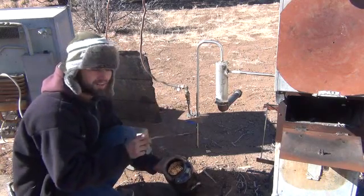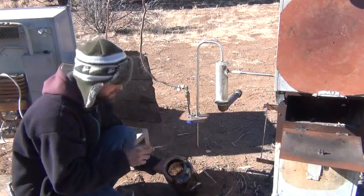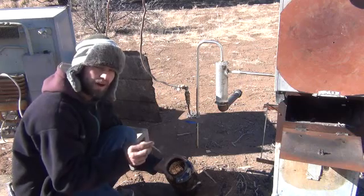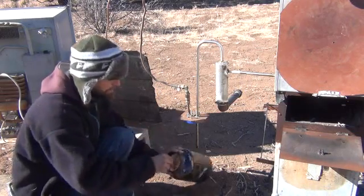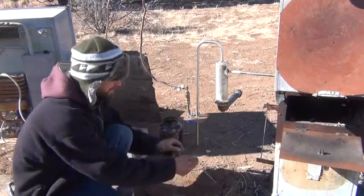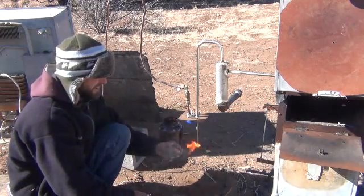I don't have much longer that I can probably use those liquid catalysts, or molten catalysts, without scrubbing the coke ash, which is a high carbon deposit left over when you're thermal cracking with a catalyst material. Let me go ahead one last time here, light some of this up. There you go. There's our